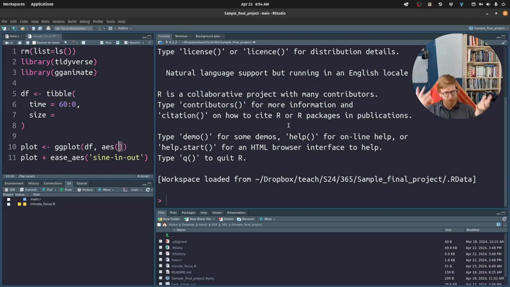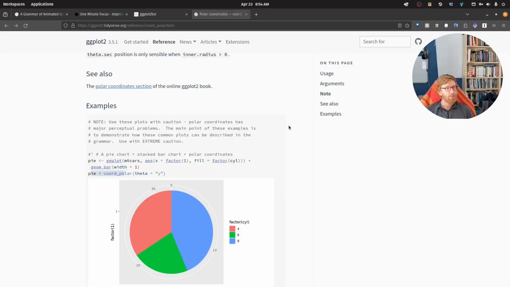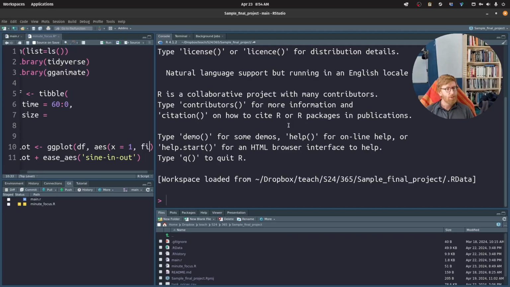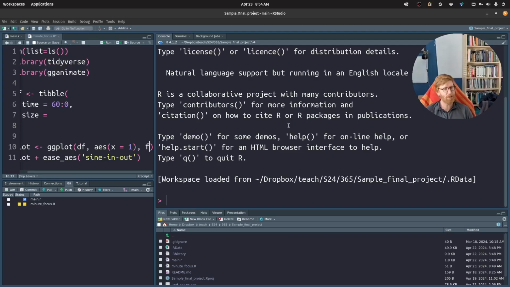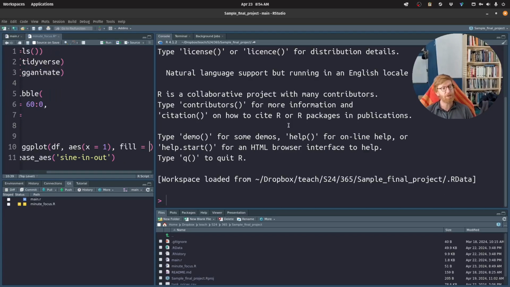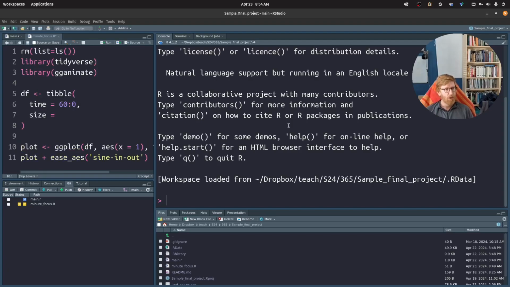Okay, I've got a couple balls in the air here. So we'll say x equals 1. I'm just going to make it a constant. Fill, I think in this case I want fill to be outside of the aesthetic function because it's not connected to data. So let's just say black. And